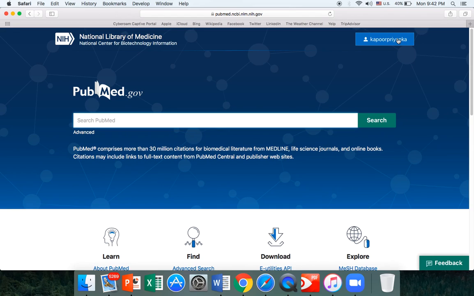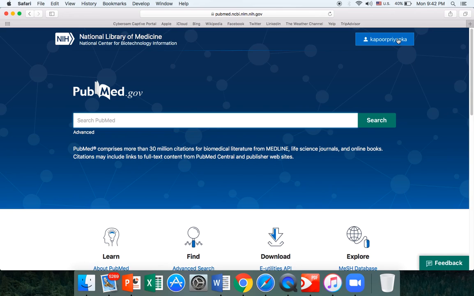And why PubMed? Because it is a freely available search system for health information and has over 30 million citations. The largest component is Medline, and it is a free online database of biomedical journal citations and abstracts. It includes citations to different types of studies, but it's not limited to randomized control trials, clinical trials, cohort studies,